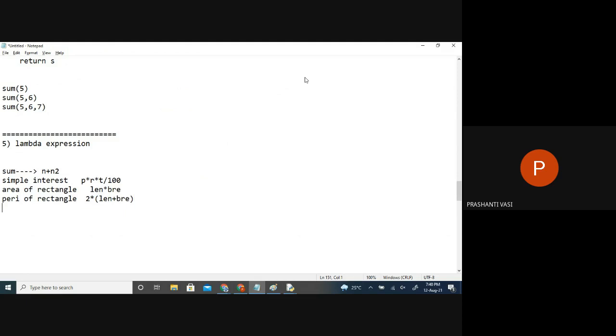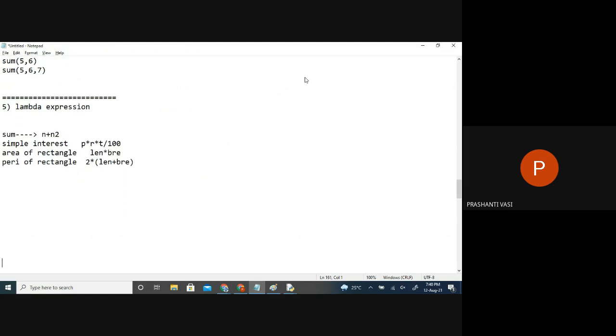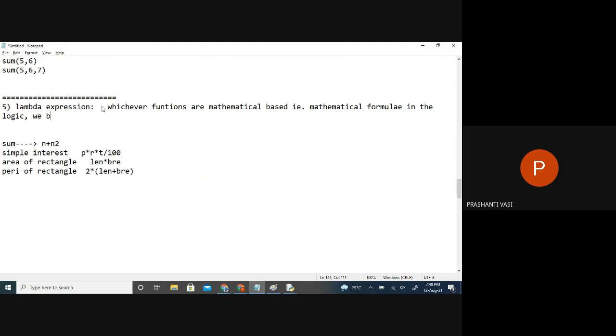So whichever programs are formula based, I can present or define them like a mathematical expression instead of a function. Why these expressions are used is, whichever functions use mathematical formulas in the logic, we can present them like a mathematical expression, just like a formula instead of function.